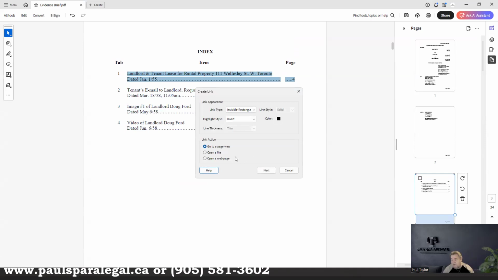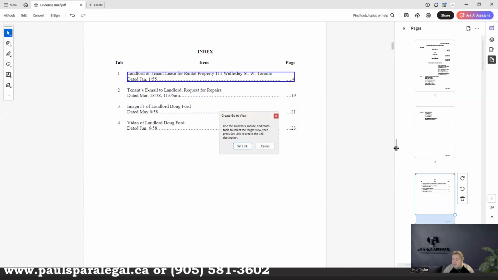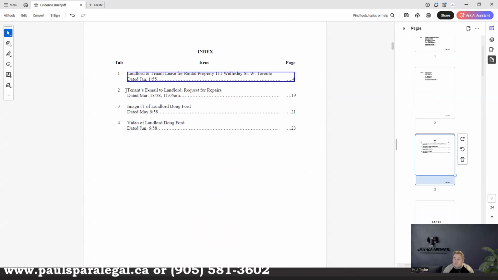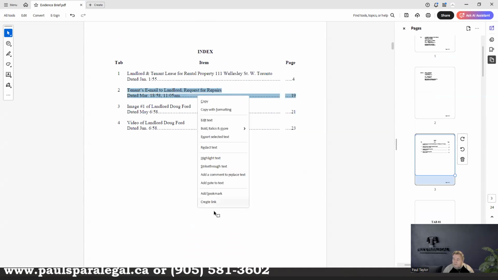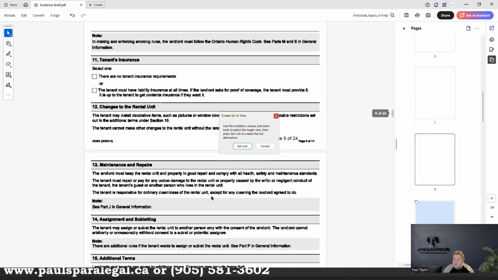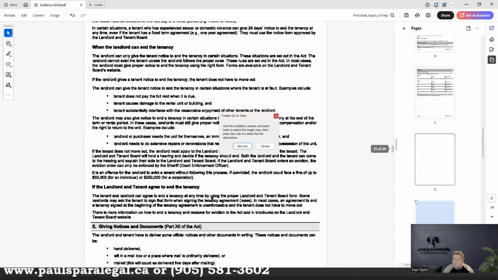If you have a document that's too big, you can always do it that way, is do a file. But at any rate, so we're just talking about this, click next, and then you're going to go to tab 1, set link. Now, let's do tab 2 and I'll show you a different way of doing it. Create link, next. So then we're going to go way down to tab